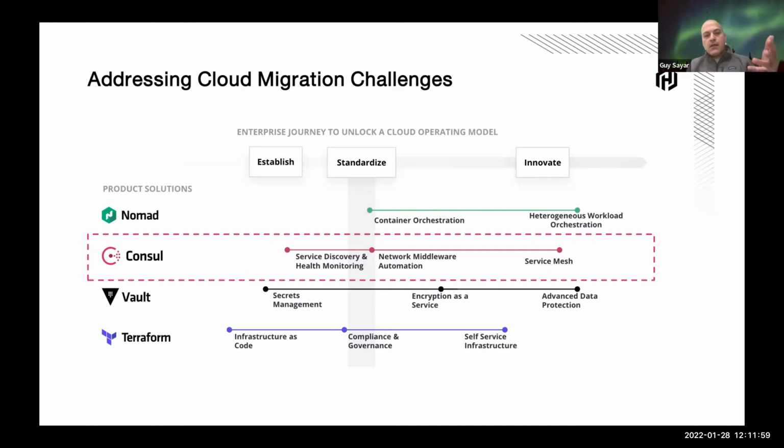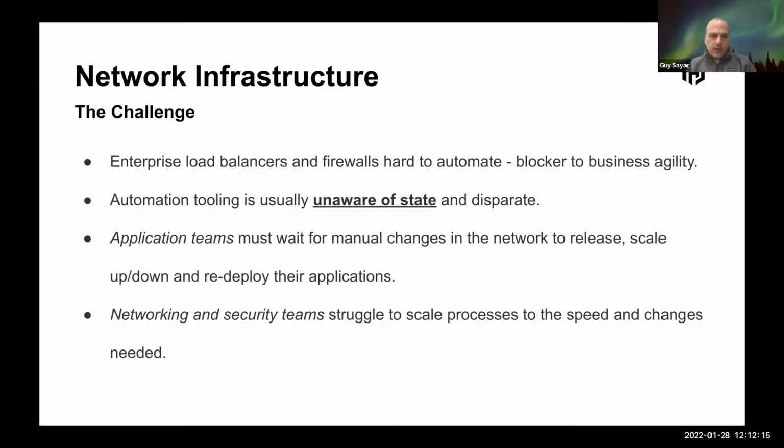And then HashiCorp implemented on top of the key value store a few network automation tools or use cases. So I'll go a little bit into the NIA, network infrastructure automation. The challenge here